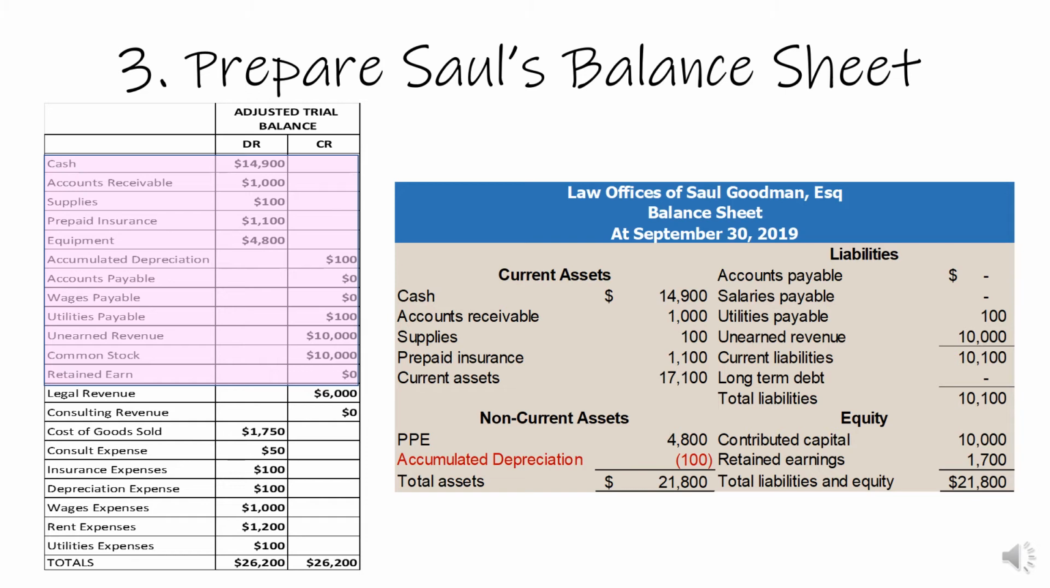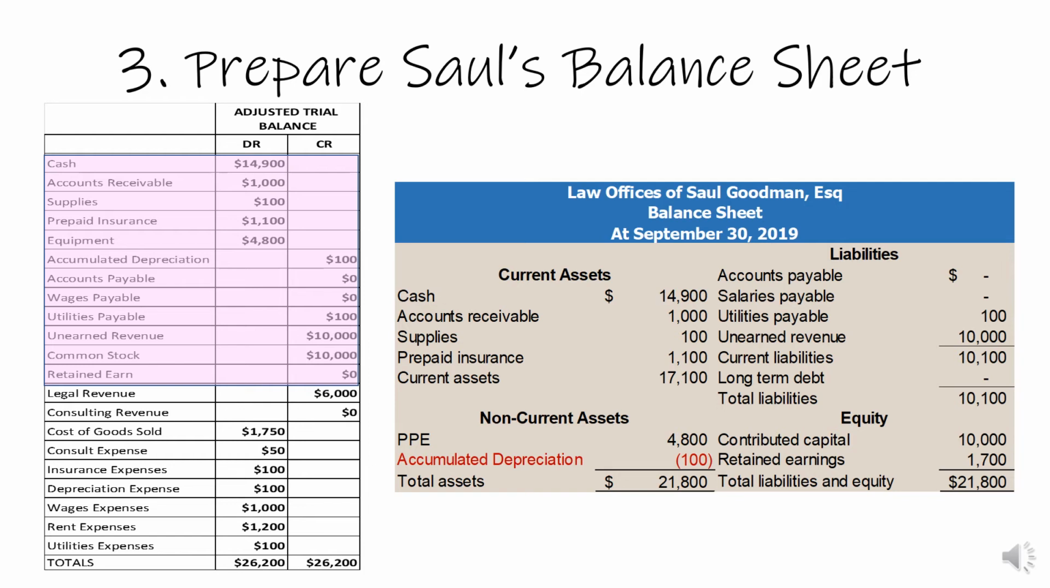$14,900 is reported as a current asset. Accounts receivable of $1,000 is reported as a current asset. Supplies of $100 are reported as a current asset. The balance of our prepaid insurance is reported as a current asset, and we can sum our current assets and arrive at $17,100. Our non-current assets include our property, plant, and equipment net of depreciation, which we computed in a